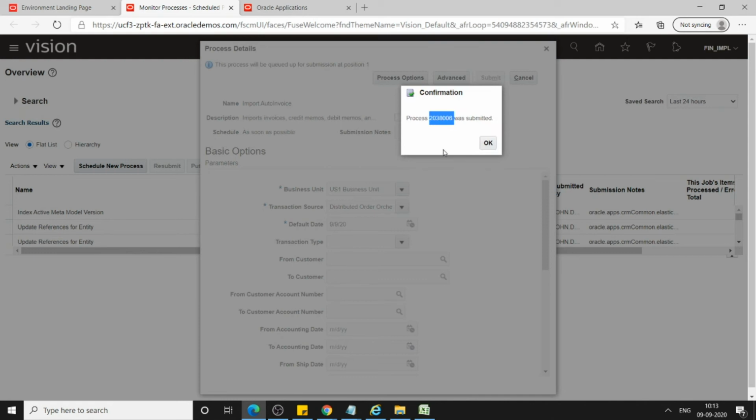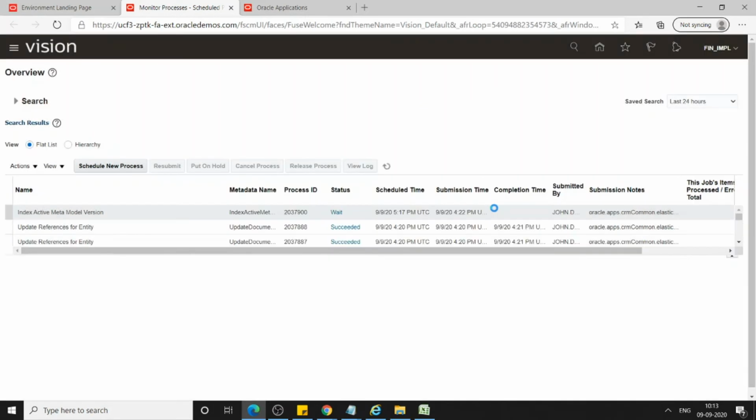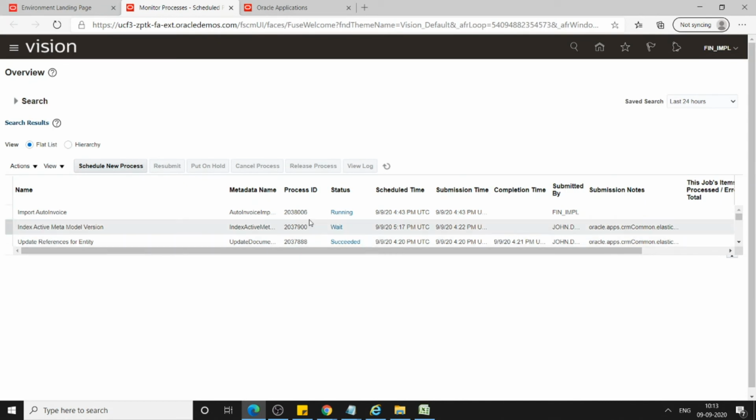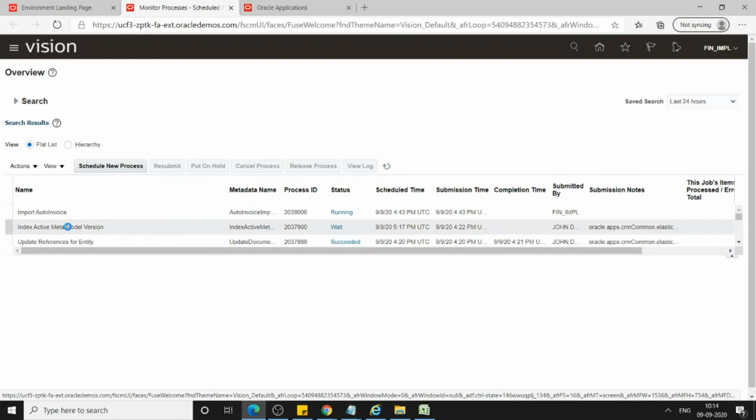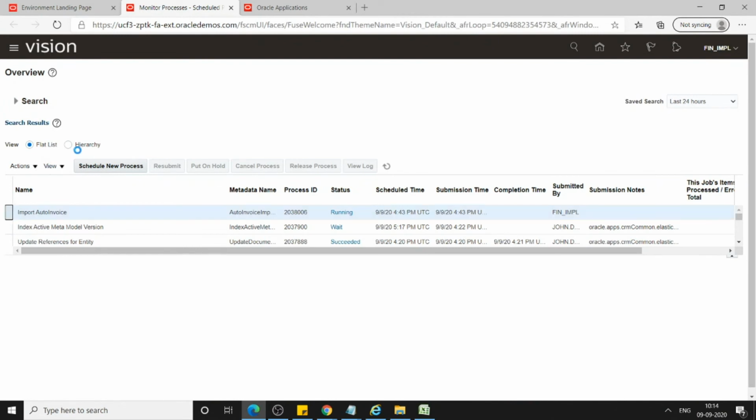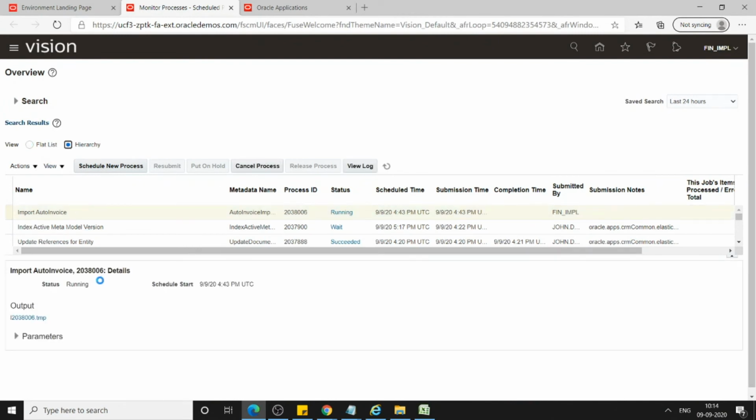Process 2038006 is submitted. Click OK and refresh. Process 2038006, this is ours. Click on refresh. If you want to see the child concurrent programs which are triggered as part of this, you can select the hierarchy radio button.